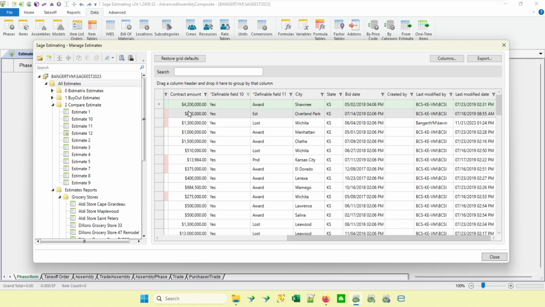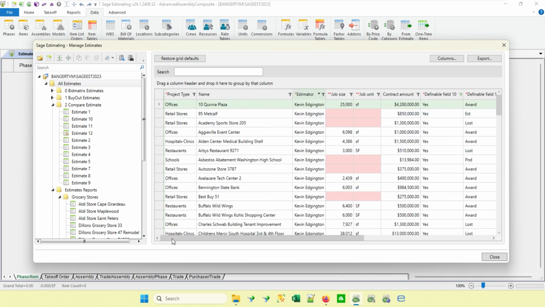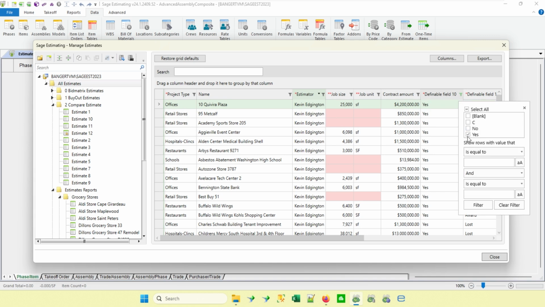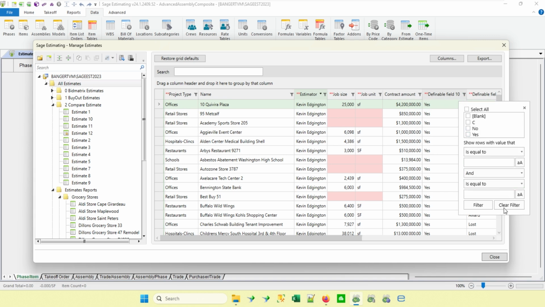That way, if somebody didn't have an estimator flag on there, I could go back through and see what their login is that was associated with that estimate building and so forth. And then the other thing I've done here is, if you notice, this funnel is a different color than the rest of these. That's where I've actually clicked on this and said, I only want the ones with yes. So if I go ahead and turn this yes off at the moment,